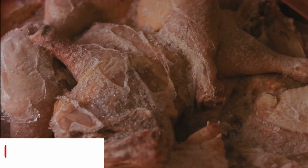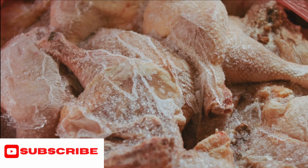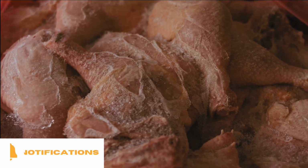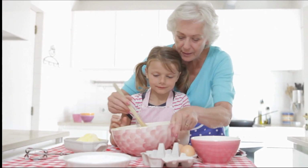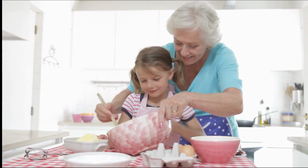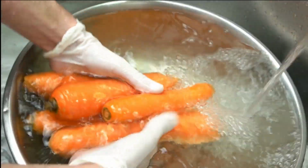Next, we need to grab 8 chicken thighs and discard any fat that's on them and also the skin. Place them in the bottom of the slow cooker and tip over the honey mixture. Next, we need to add 400 grams of baby carrots into the cooker and cover and put on low for